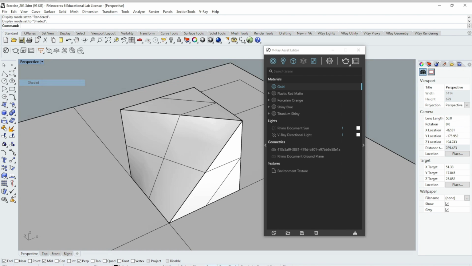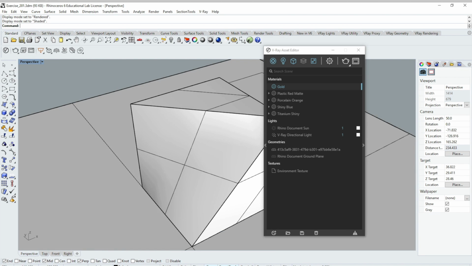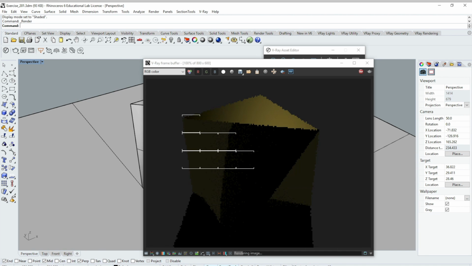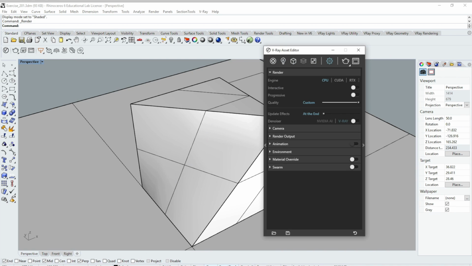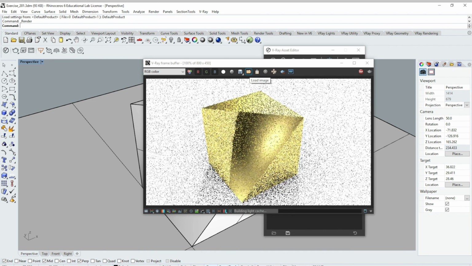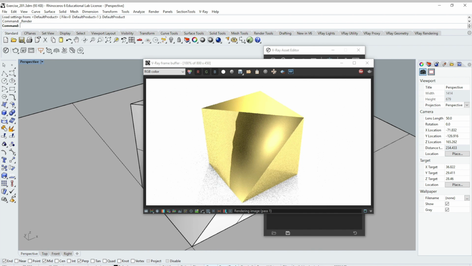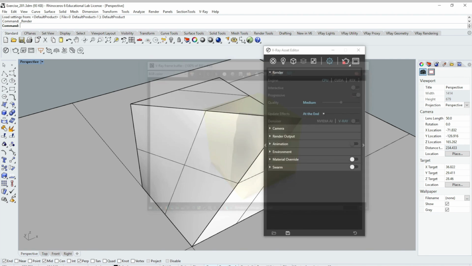So we'll actually go back to shaded mode and try a real rendering. Let me go ahead and click on render, and let's see if we can see it in gold. There it is. It's still not turning out too well. Let me see if I can reset the settings here. Let me go back to my render settings, and let's click on this little reset. We'll go back to our default render settings. And let's try to render again and see if that looks a little bit better. There we go. There must have been something that went wrong during the translation. So I'm going to go ahead and close that render again.